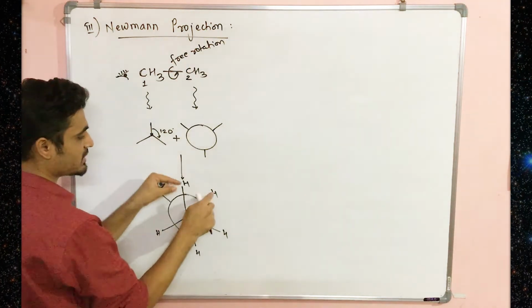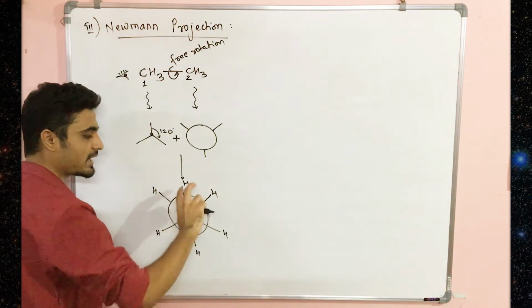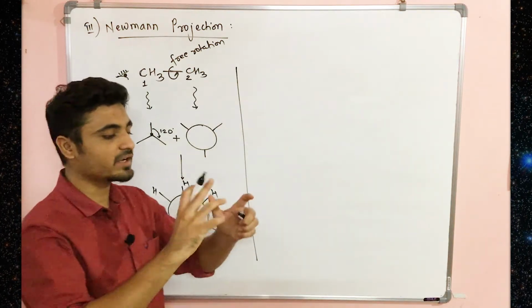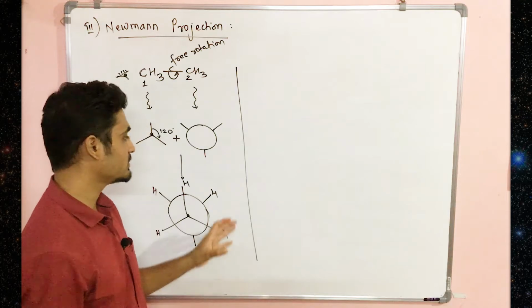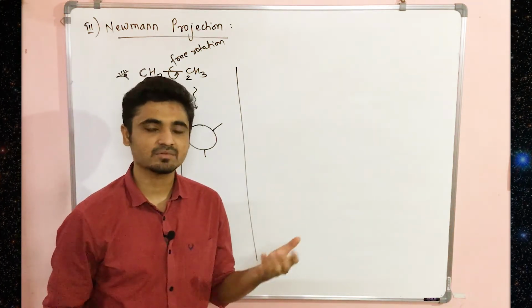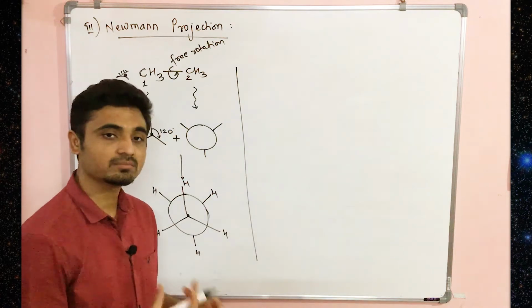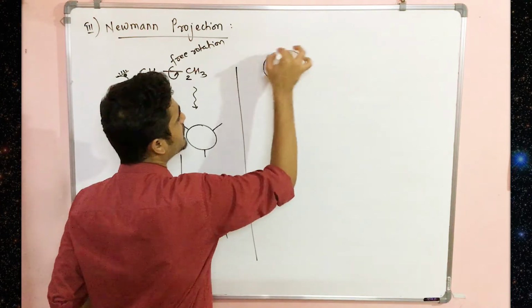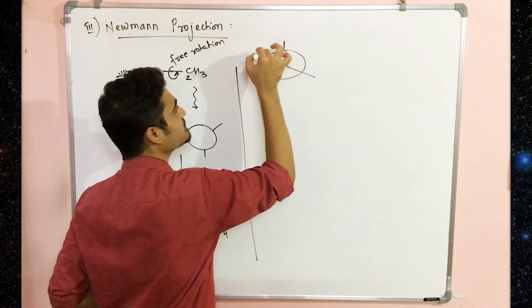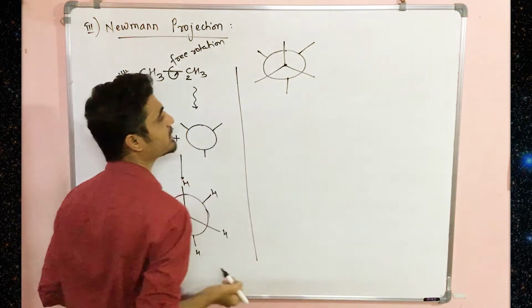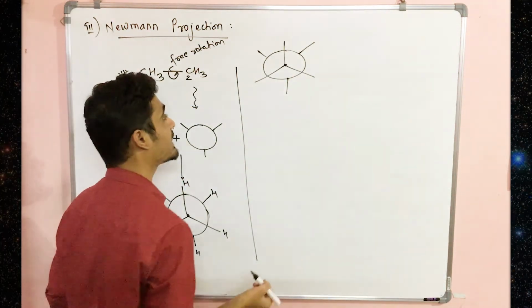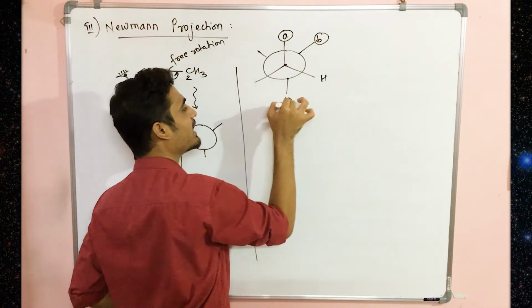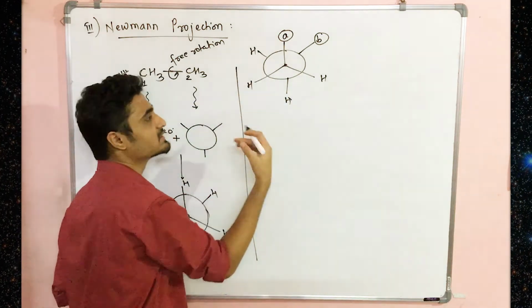So I can take any carbon atom, either the back one or the front one, and I can rotate. There is no issue. Now when you rotate, you create different kinds of shape, right? And there are two particular types of names which frequently occur, and how do we understand them? So pay attention. Let us take any general Newman projection. So let us understand one parameter called the dihedral angle. And how do we understand? So suppose here is one group A and here it is B. The rest can be anything. Okay, suppose it is hydrogen.